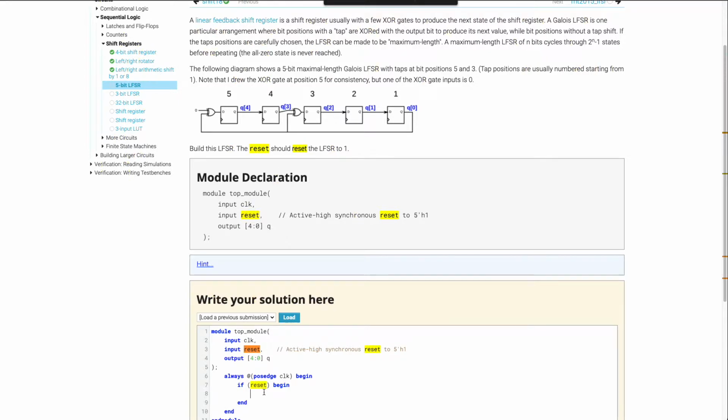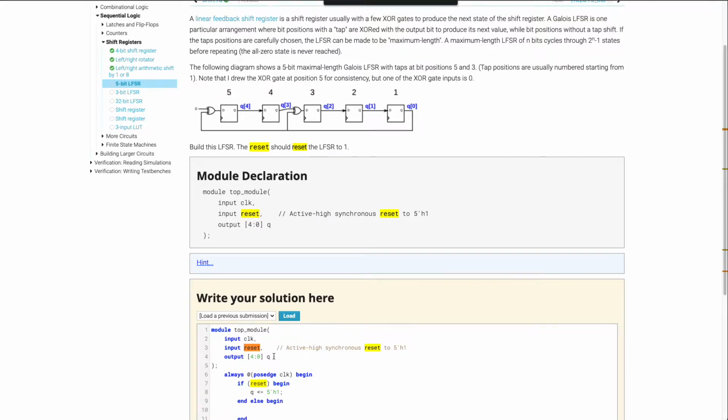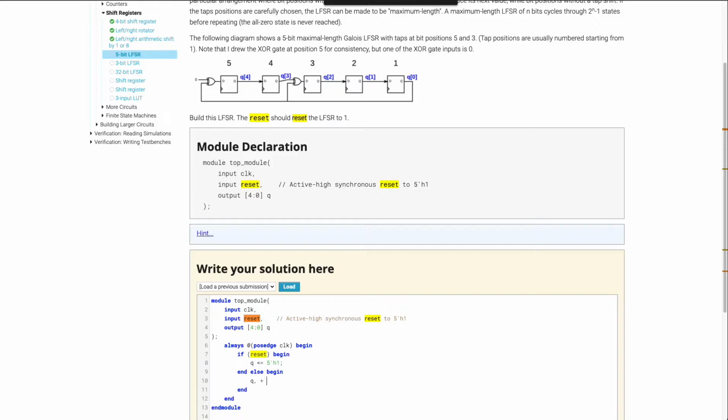I'll just assume synchronous reset. So the top bit will be